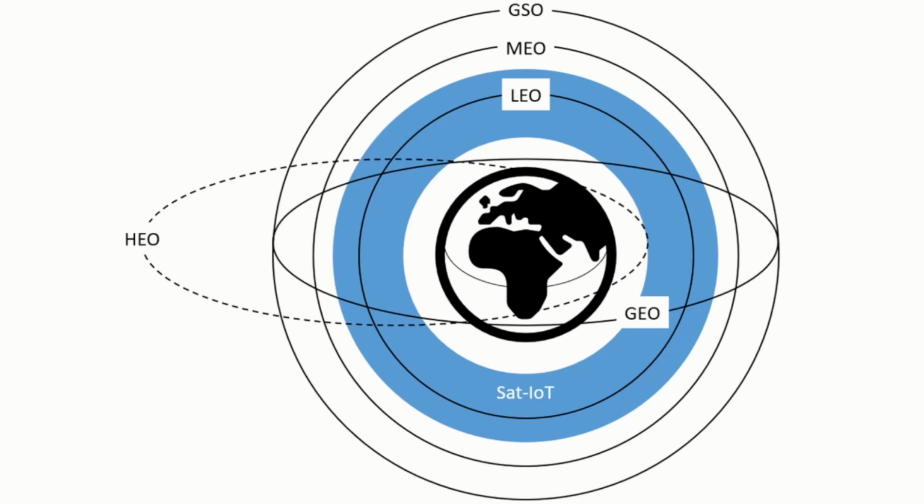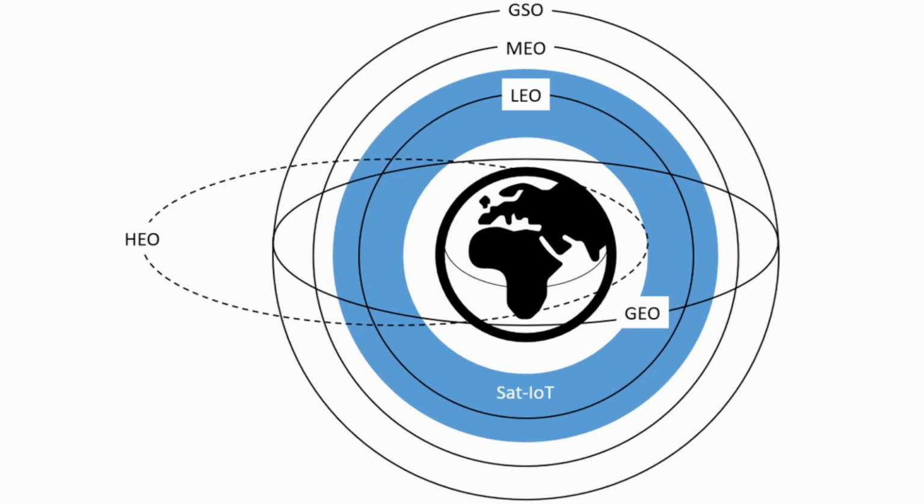Let's start our exploration into satellite development by delving into how satellite orbits work. Satellite orbits are the very carefully calculated paths that satellites follow around celestial bodies like the Earth. Understanding satellite orbits is key to comprehending how satellites operate and fulfill their specific missions. There are various types of satellite orbits, but today we're going to be focused on two commonly encountered ones: geostationary orbit and low Earth orbit.